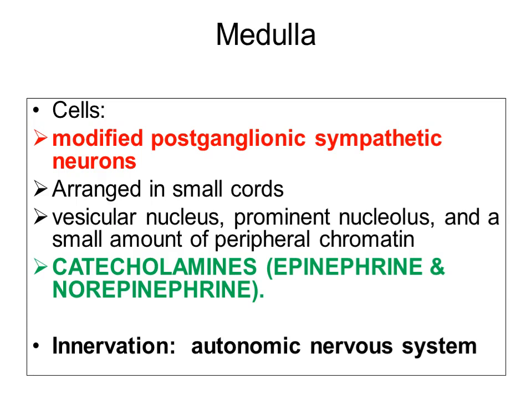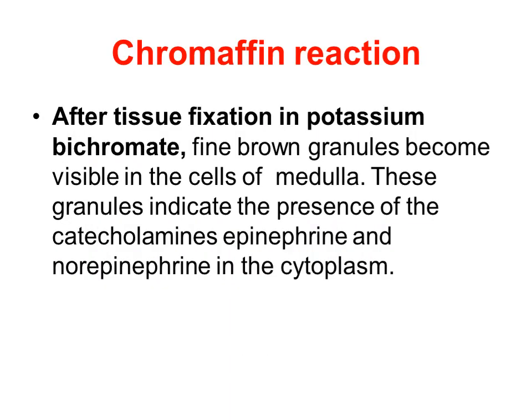They secrete two important hormones, epinephrine and norepinephrine. Epinephrine's other name is adrenaline, and norepinephrine is noradrenaline. From noradrenaline is the formation of adrenaline. For that an enzyme, a transferase, is required, which is also produced by the cells present in the medulla. And these cells are innervated by the autonomic nervous system, which includes both sympathetic and parasympathetic connections.